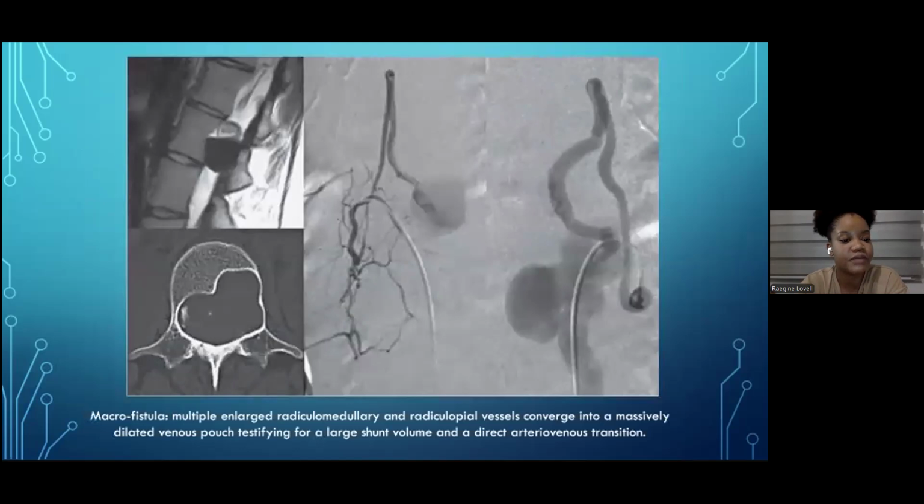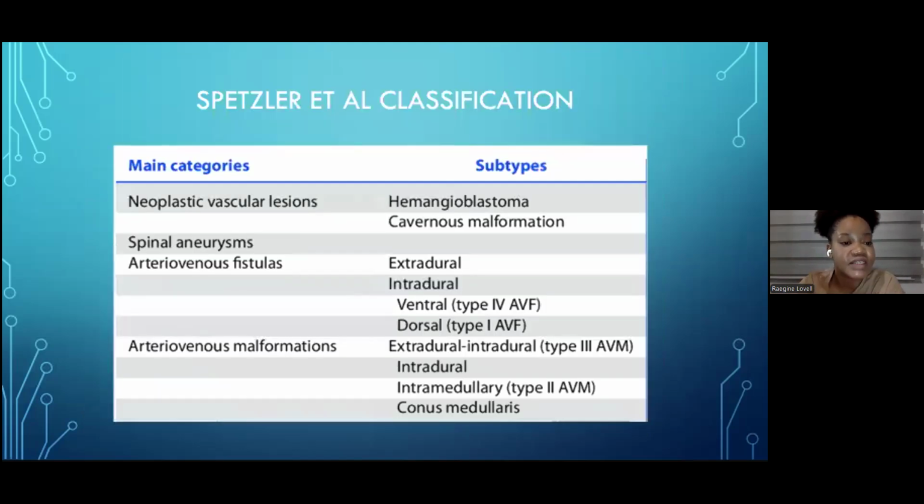This image shows macrofistulae, so you have the MRI on the left and then angiography on the right. Finally, we have the Spetzler classification. This is a little bit more complicated, and it's reincorporated vascular spinal neoplasms. So 1, we have the neoplastic vascular lesions, which include the hemangioblastoma and cavernous malformation. 2, we have spinal aneurysms, which are rare. And then 3 include the arteriovenous lesions, so AVFs, which can be extradural or intradural, and arteriovenous malformations, which are